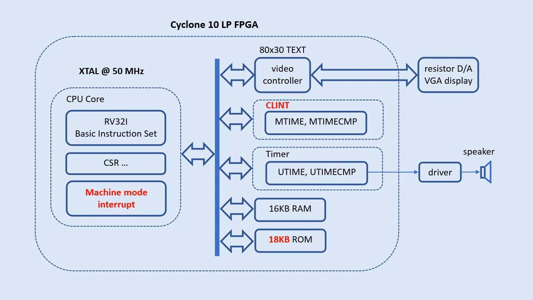There is also a ROM size change. My previous demo assembly program took less than 2 kilobytes of ROM space. For the current demo, the overall program takes about 18 kilobytes with GCC compiler -O2 optimization. There may be a few kilobytes more if I don't have that -O2 optimization. And currently I don't have the RISC-V C module implemented, so I cannot use 16-bit instructions to further reduce the